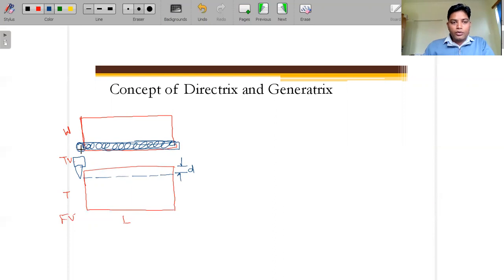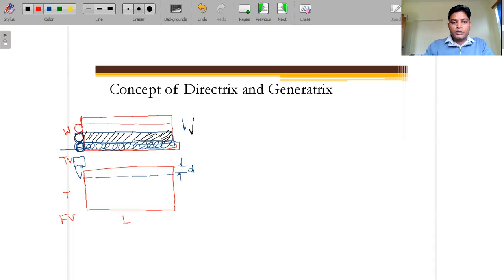So first we move in this direction and remove the material. Then the single point cutting tool will come over here and we will move the workpiece in this direction. Now the single point cutting tool will move in this direction and remove this much of the volume from this cross-sectional area. Now we will again feed the workpiece in this direction, and now this will be the single point cutting tool position.